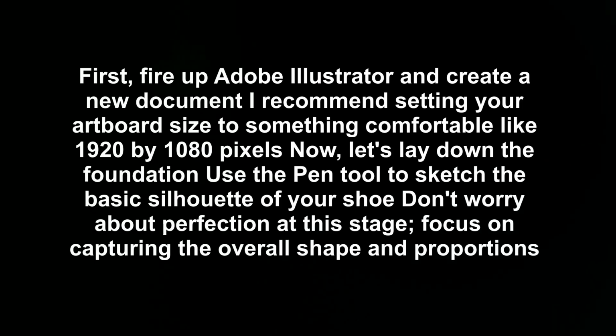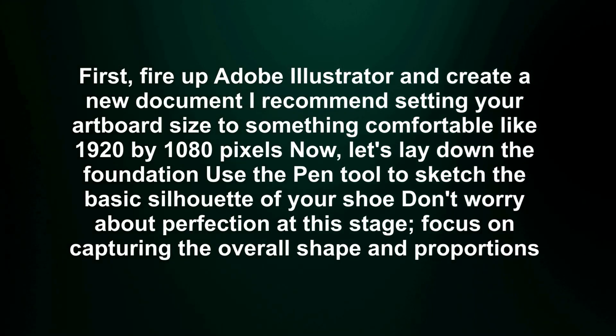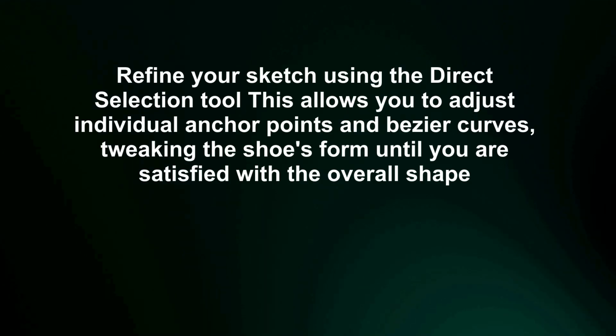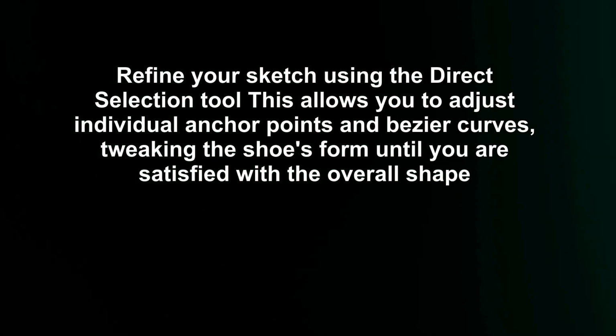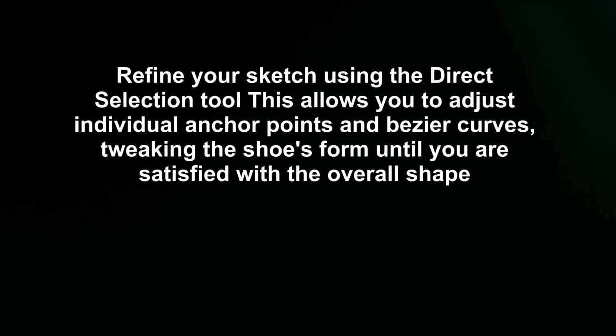Use the pen tool to sketch the basic silhouette of your shoe. Don't worry about perfection at this stage. Focus on capturing the overall shape and proportions. Refine your sketch using the direct selection tool. This allows you to adjust individual anchor points and bezier curves, tweaking the shoe's form until you are satisfied with